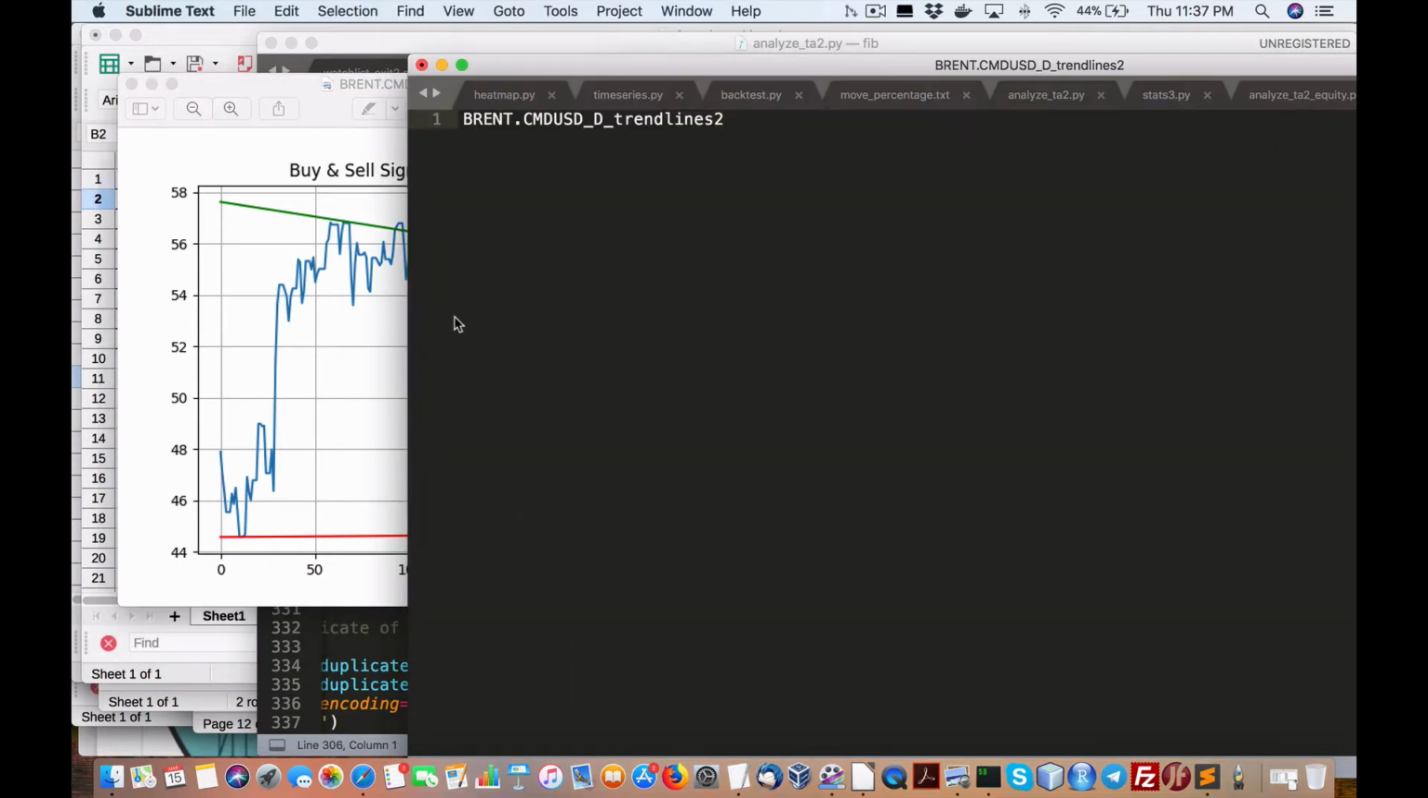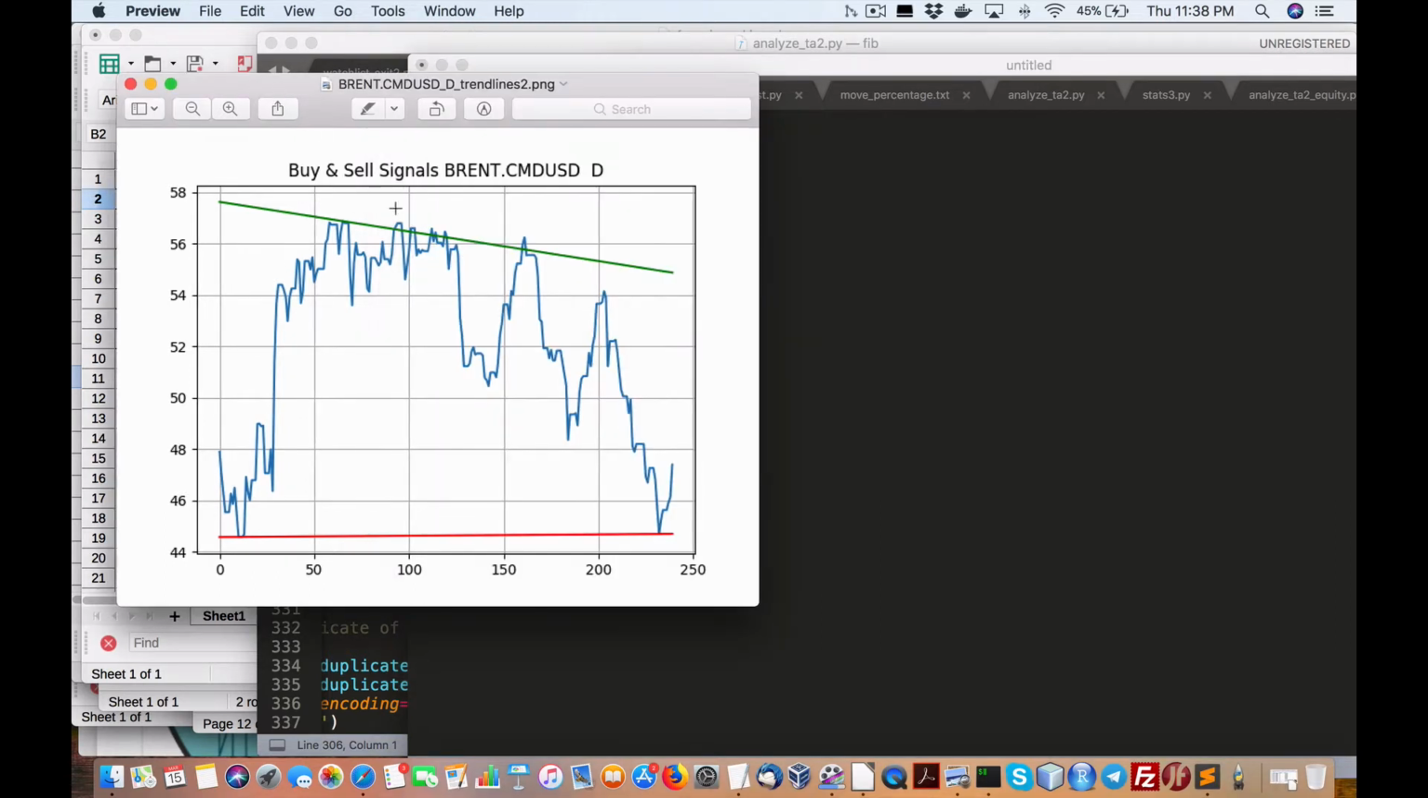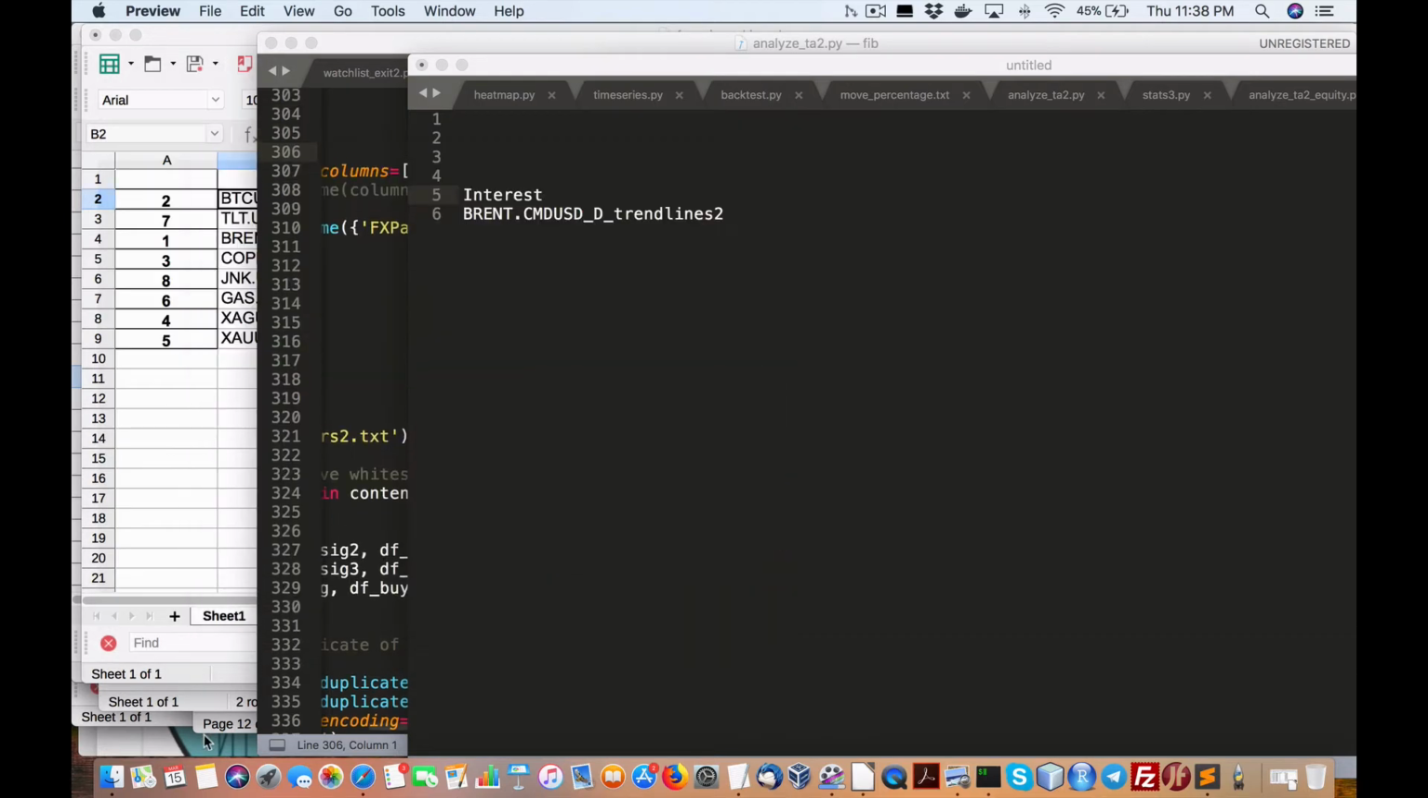So let me just mark this off and classify it as that. I'm doing this all manually on purpose. I can hopefully one day automate this. So looks pretty interesting. But the